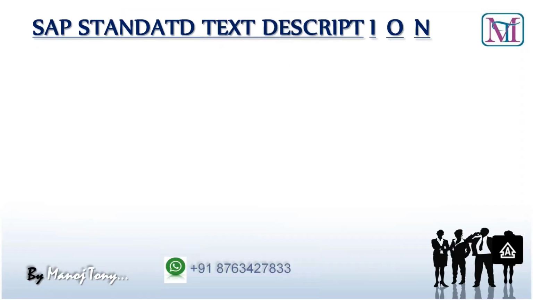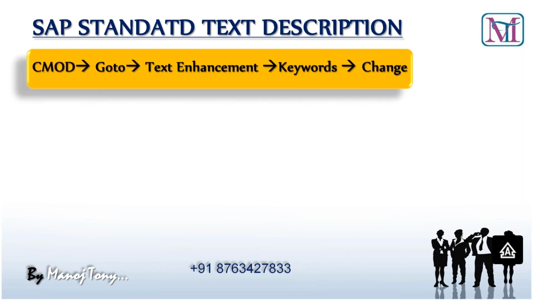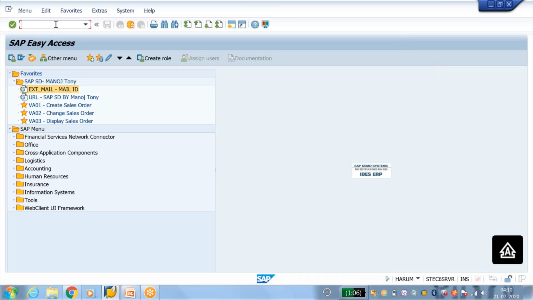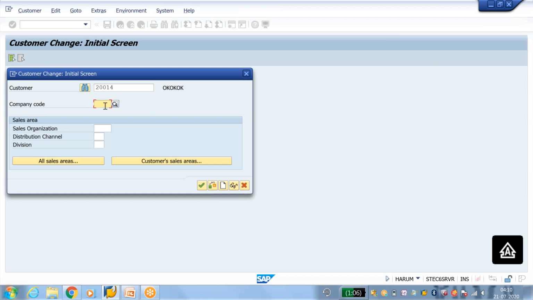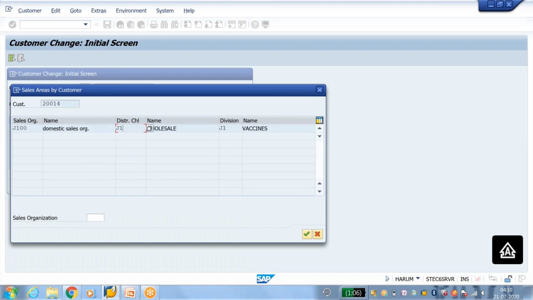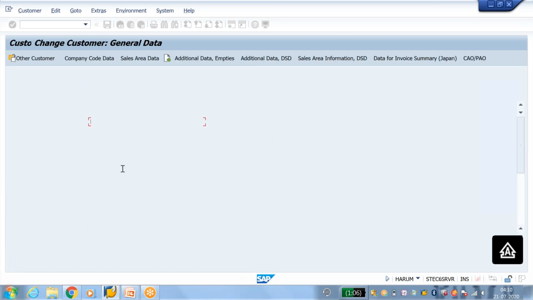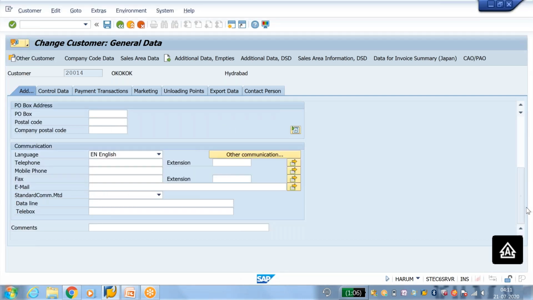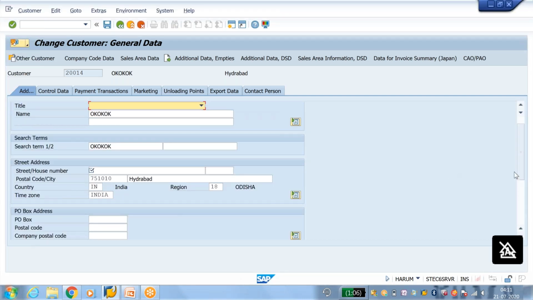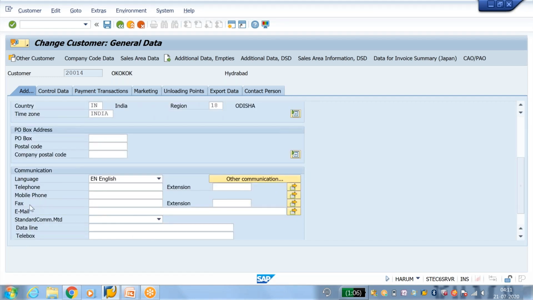Then next is SAP standard text description. I will give one example. Go to customer master, general data. If we go to general data, then this fax is not in use nowadays.